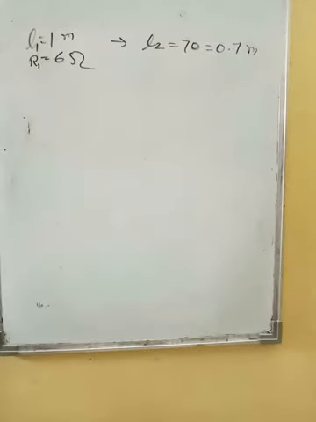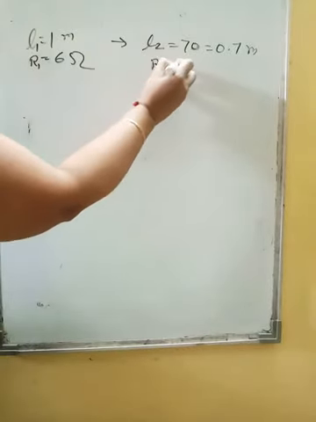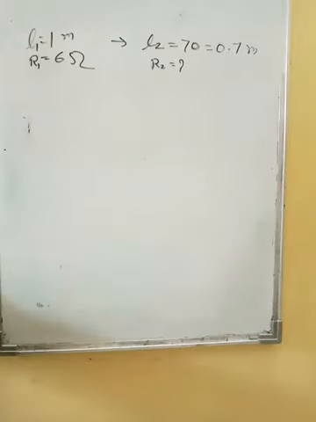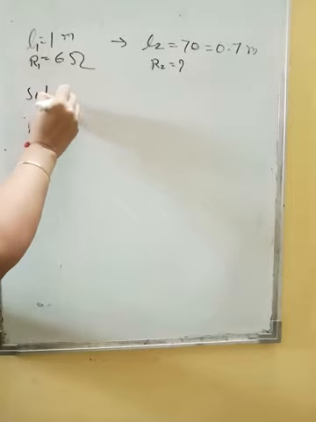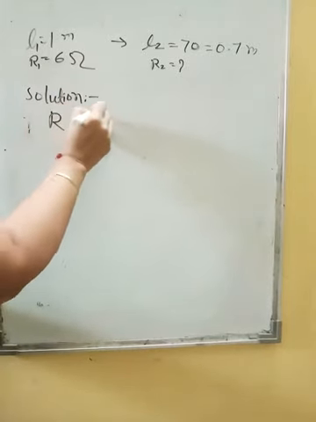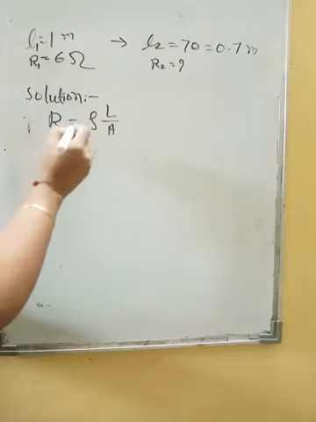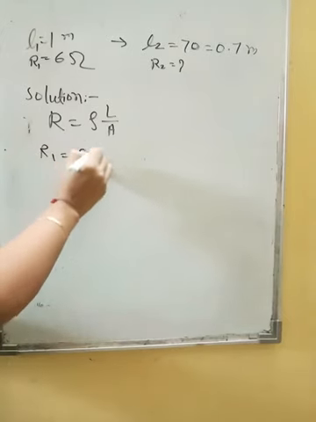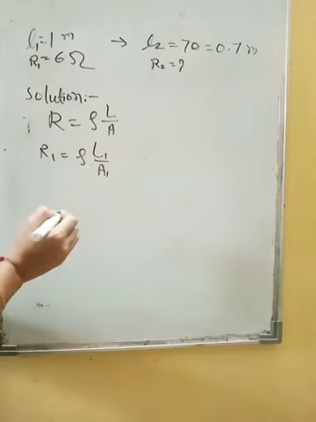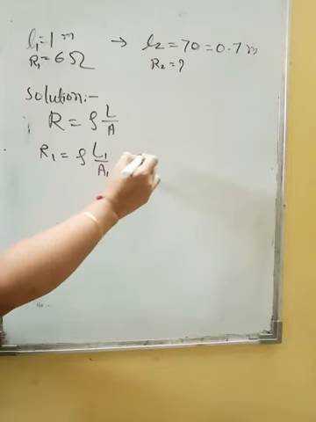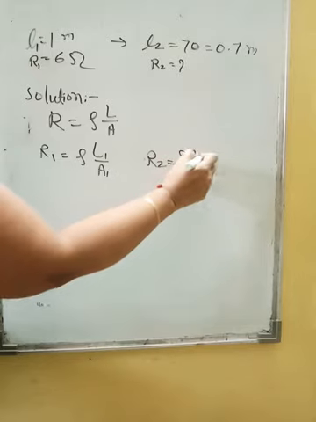What will be its resistance? So you have to find out what is R2 for it. So how will you go about? See the formula what we had, children. We have R is equal to rho L upon A. So apply this to both. Okay. So you will be having R1 is equal to rho into L1 upon A1. Right? And R2 is equal to rho L2 upon A2.